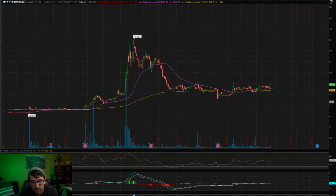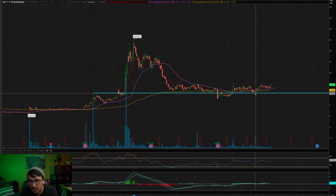And after that, I just kind of forgot about it. And it certainly made a larger push back from that resistance. So that resistance line there before the large push is now forming as a support. Let's see, let's draw a resistance line here. And so we're inside of this channel,